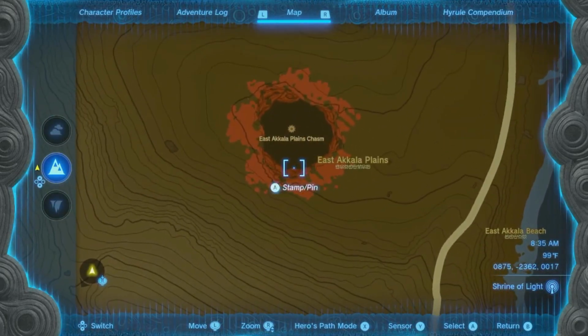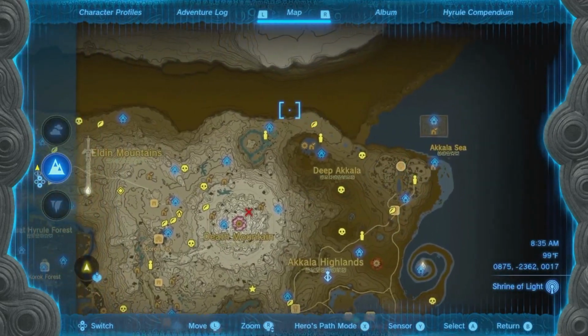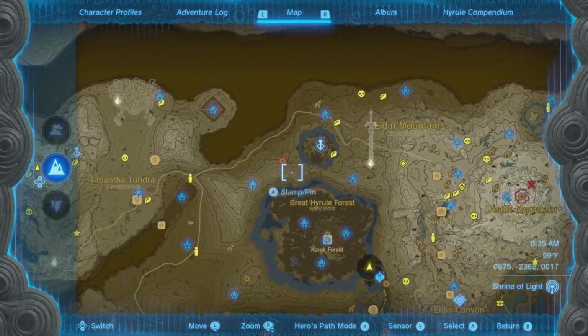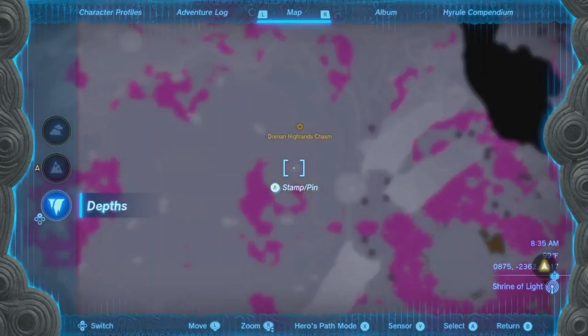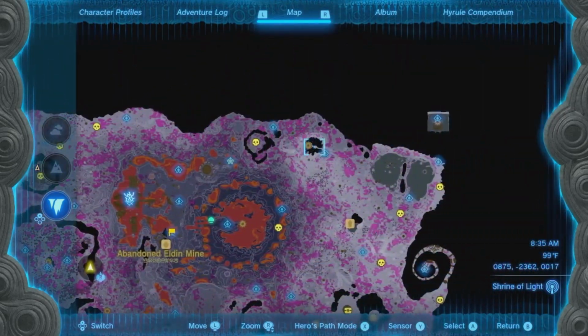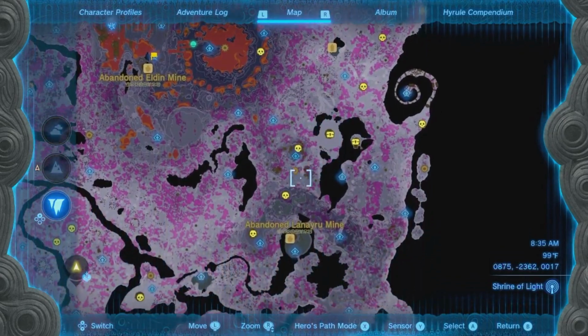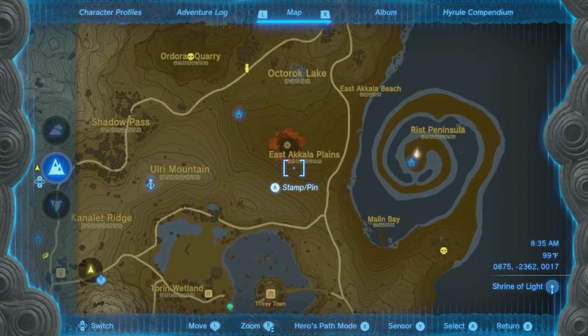Finally, we want to make our way over to the East Akkala Plains Chasm for our fire guy, the Fire Dragon. He probably has the longest pathing. Make your way across the entire top edge of Hyrule all the way to the Eldin Highlands Chasm, and quite literally follows the same pathing backwards, back underground, all the way to the same Akkala Plains. Now, I hope this helps you guys out. They do take some time to go through these paths, but once you finally get to the path